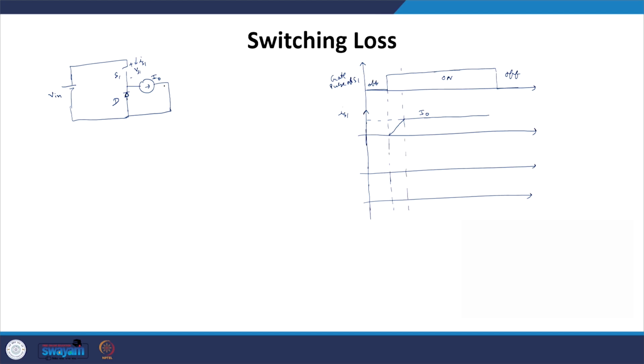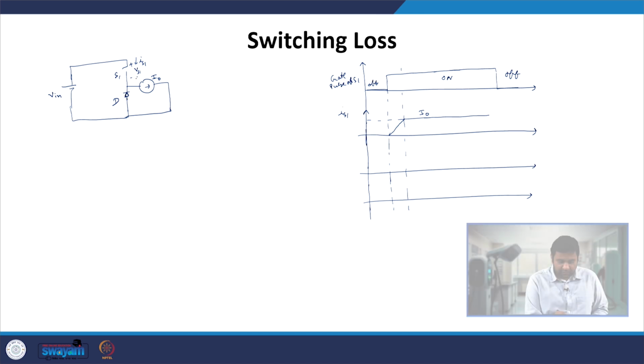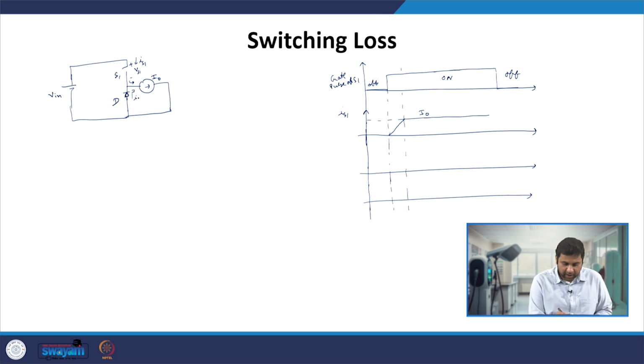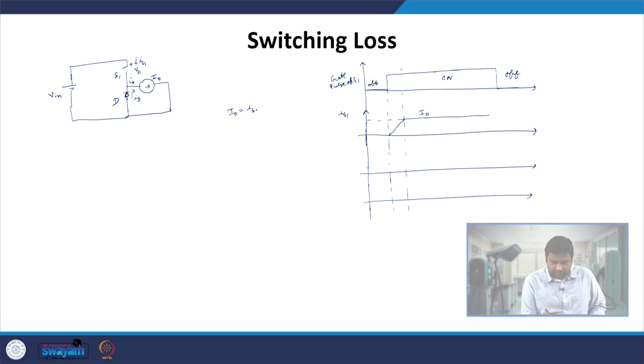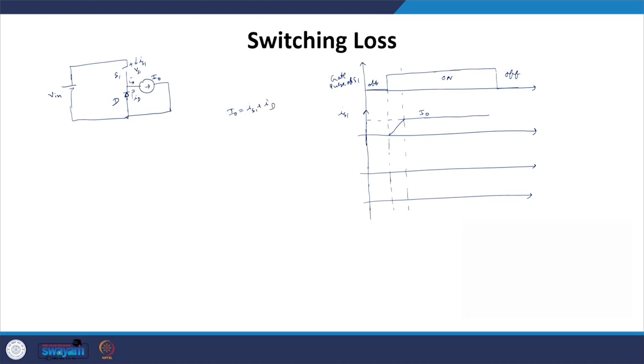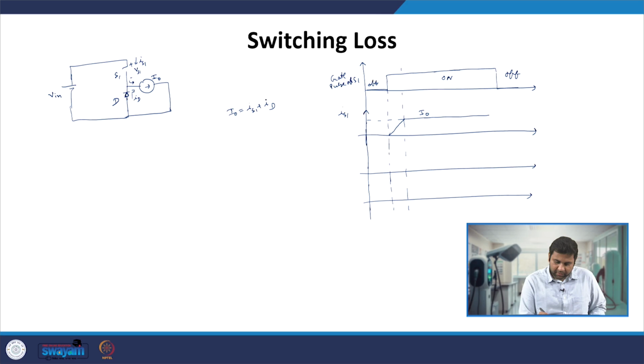Till the point my Is1 is not equal to I naught, the remaining portion matters, because if you look very carefully in this circuit, there is current coming through Is1, and the other possible way is some current going through ID, through the diode. So I naught is equal to Is1 plus ID in this kind of half bridge. Since Is1 is not equal to I naught, there will be some diode current going through it, and that is when the voltage across this diode is nearly 0,